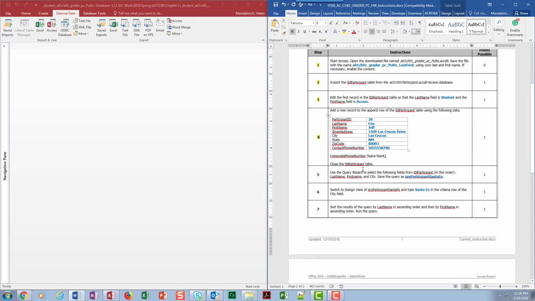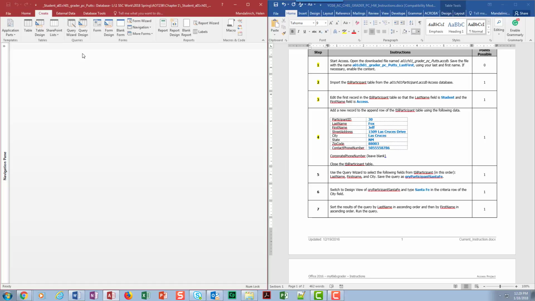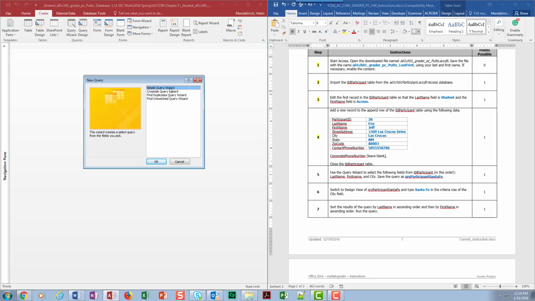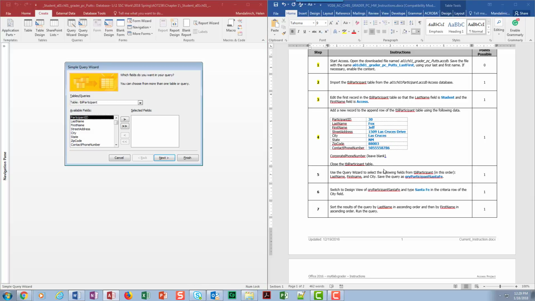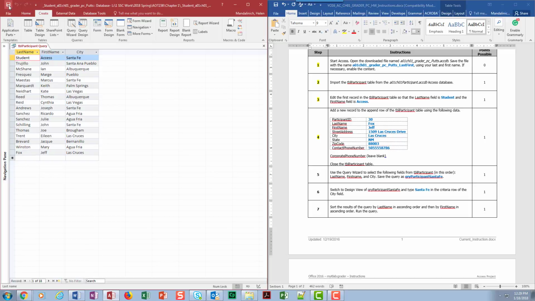Okay. Use the query wizard to select the following fields from the table participant in this order. So I'm going to create query wizard, the simple query wizard, from table participant. So I verified table participant, and then I want last name, first name, city, finish, save, and this saved it as a,